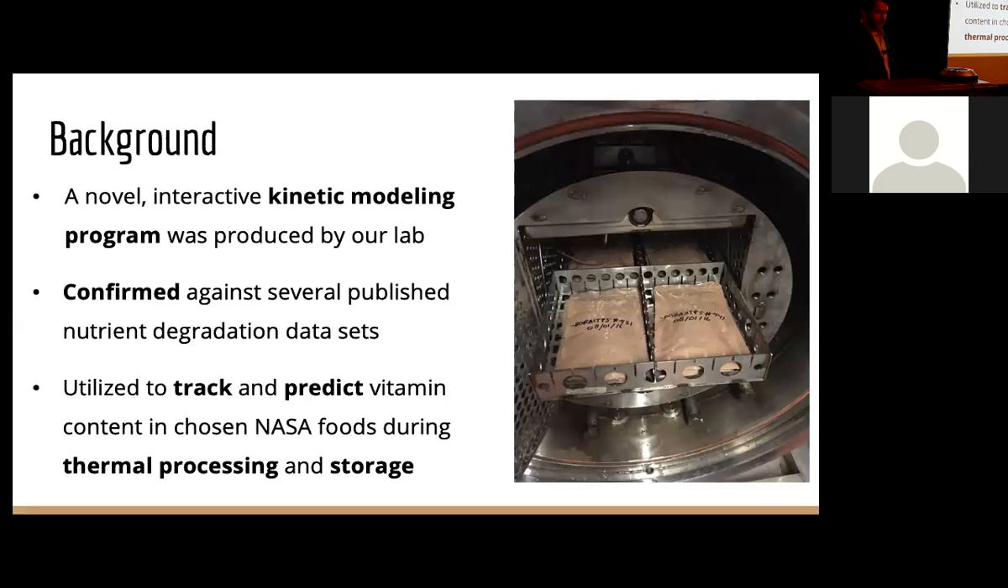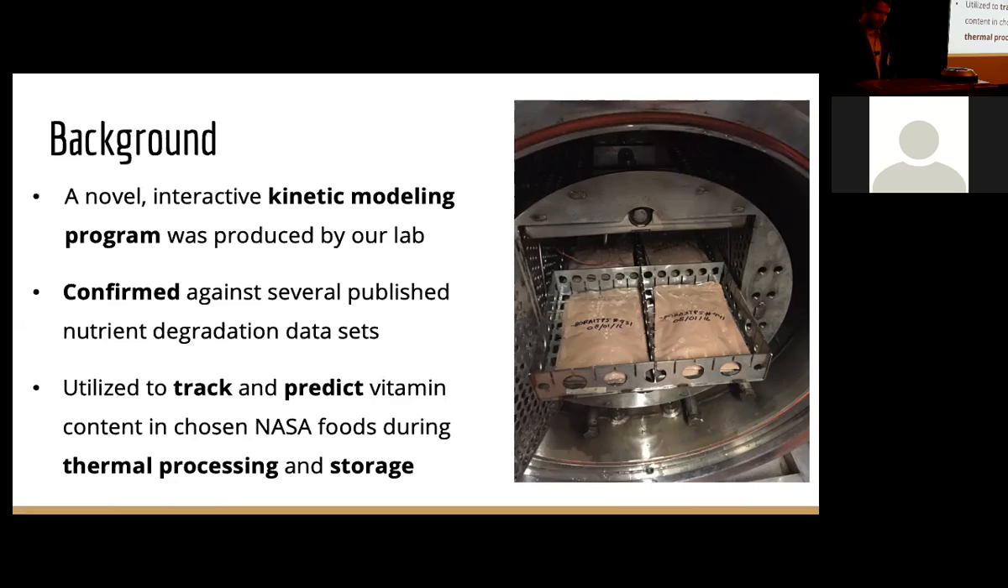So what we actually did is we created a program with a predictive model built into it. It's more of an app more than anything. And the intention is to give this to NASA at the Advanced Food Technology program and allow them to quickly, cheaply, and easily discern the degradation of those vitamins that they're interested in and the foods that they're interested in. So yeah, we want to really give that to them and give them the tools that they need to